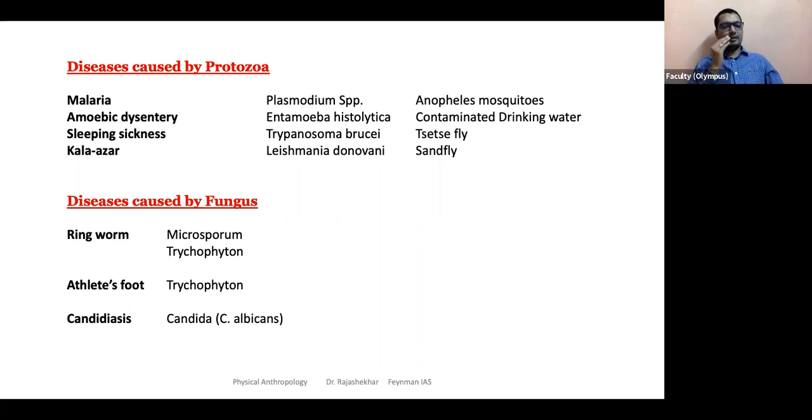Mostly they show up on the outside of the body, but rarely they can show up in the mouth, like white patches, or sometimes enter the body, like lung infections, but that is rare. Mostly the external infections are caused by fungi. Candidiasis, ringworm infections, and athlete's foot are examples, where moisture gets trapped, resulting in this type of fungal infection. A bit of warmth and moisture are the best conditions for fungus to grow.